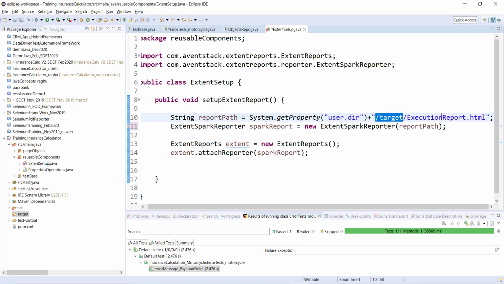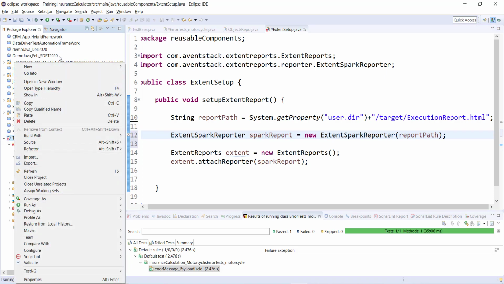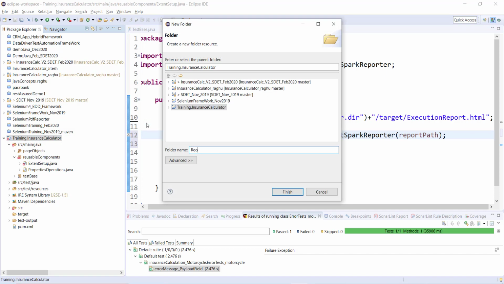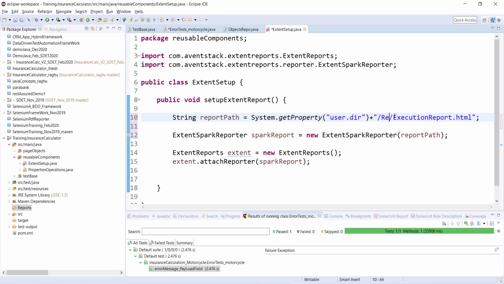In real time, if you want to keep the older versions, let us create one folder here, and I'll call it reports, where I'll save my screenshots as well as reports and executionReport.html.